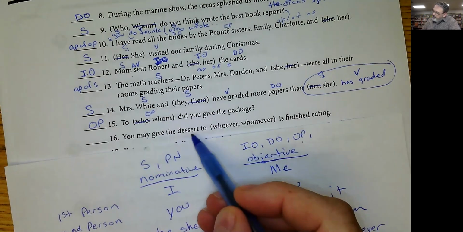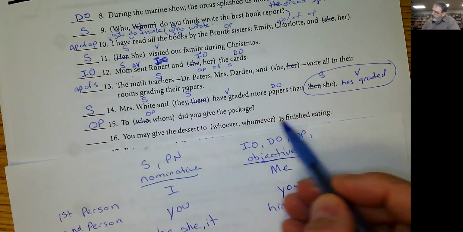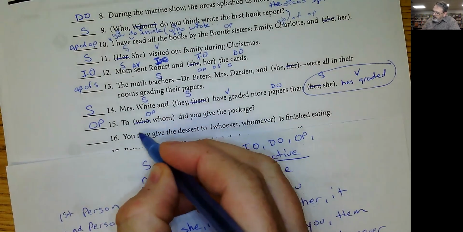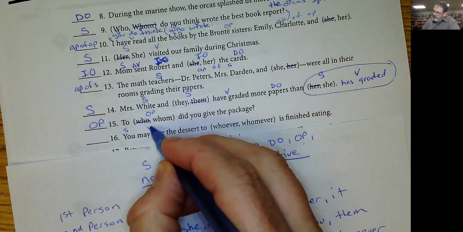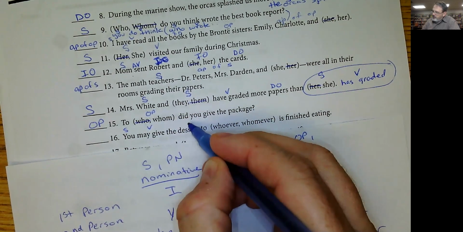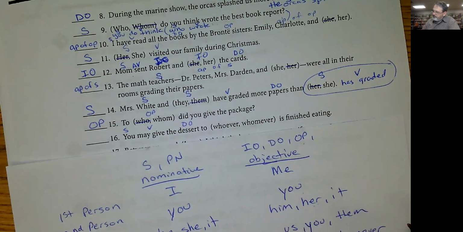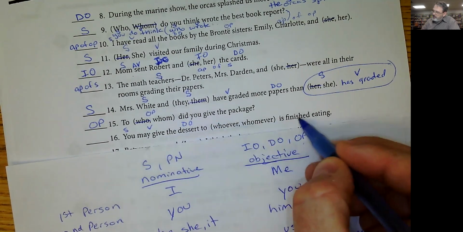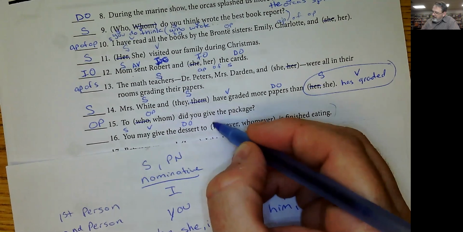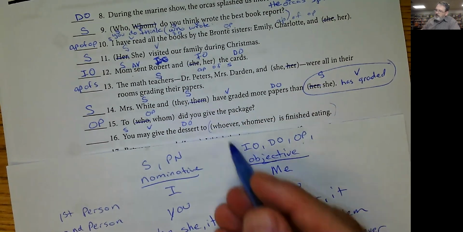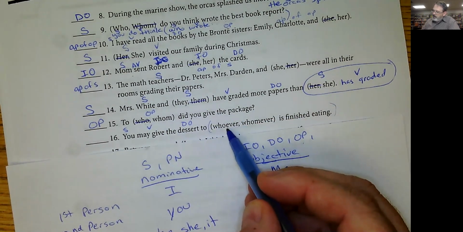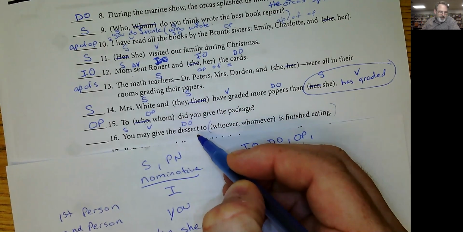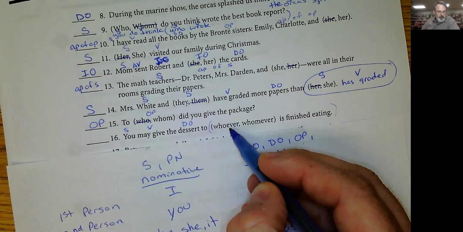You may give the dessert to whoever or whomever is finished eating. Well, the subject is you. May give is the verb. Dessert is what they gave. That's the direct object. To is a preposition. And then this is interesting. This noun clause is serving as the object of preposition. But the word whoever,